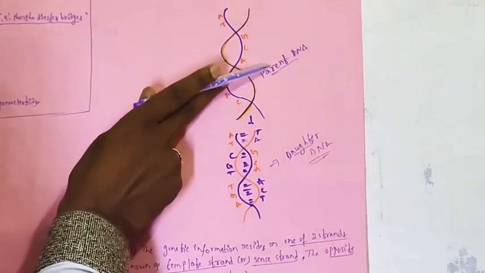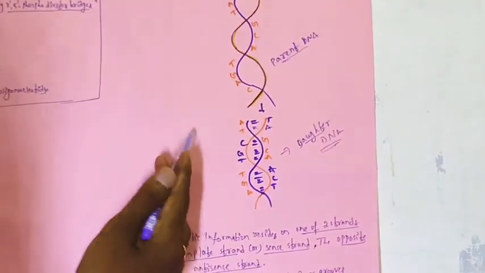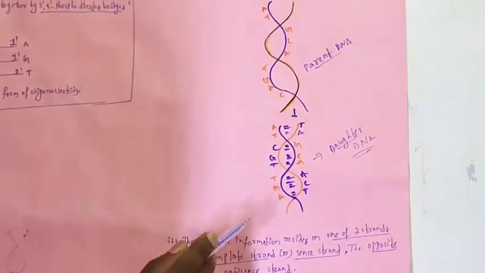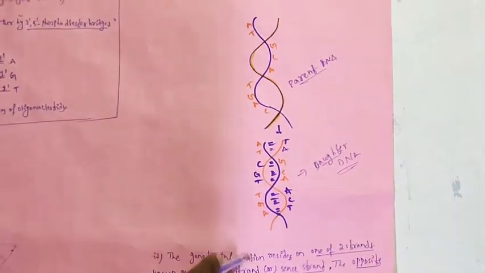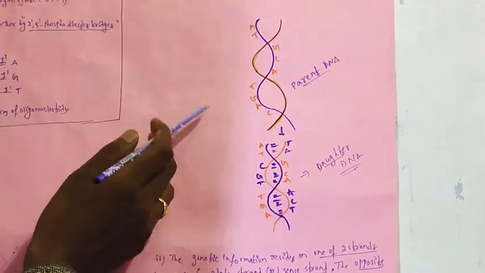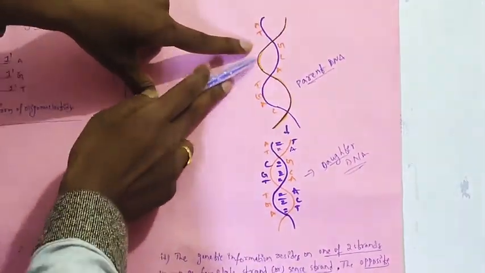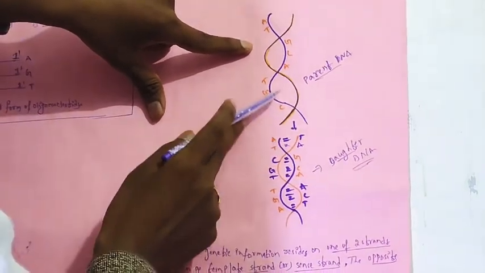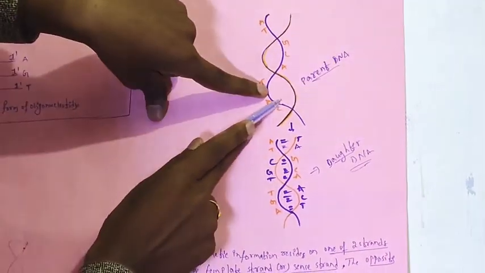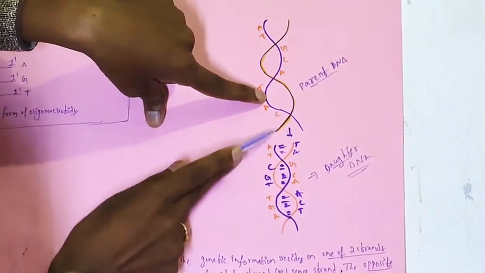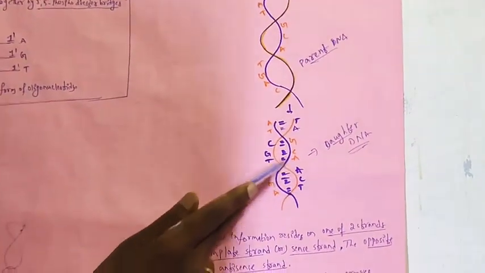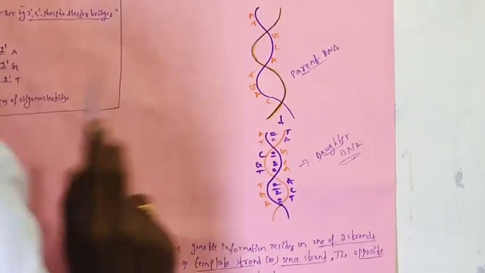The genetic information we get from our parents, right? What does this statement say? Out of two strands, only one strand has genetic information. That strand is known as the template strand or sense strand. How can you see it? The parent DNA has two strands, and out of the two, one strand comes directly to our body, directly to the sons or daughters.